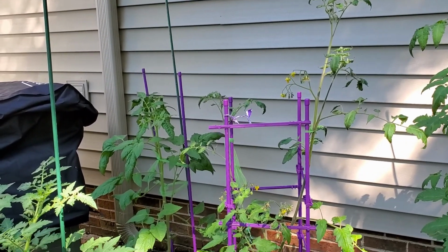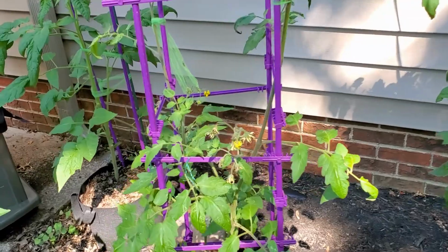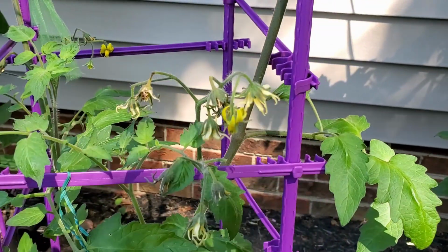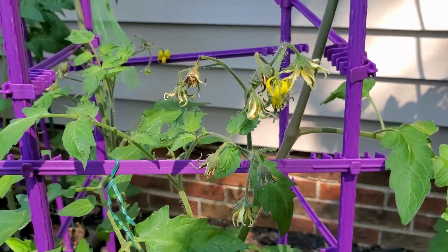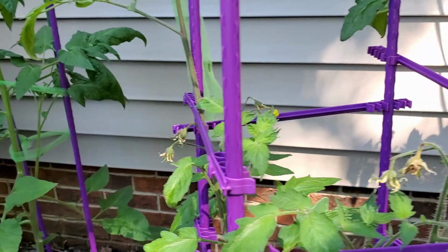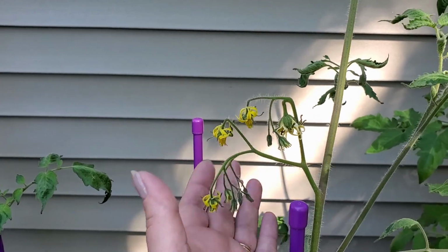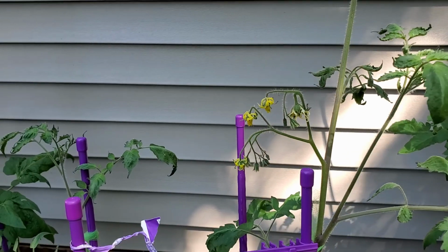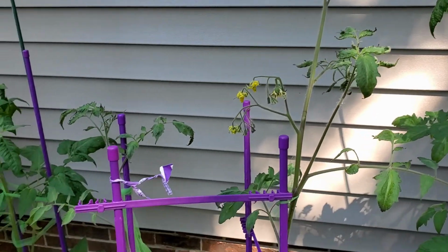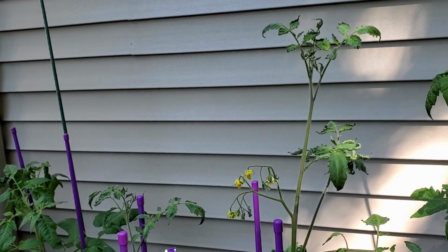It does have a lot of flowers on it, but the last freeze that we had, and let me get in closer to it, the last freeze we had aborted a lot of the blossoms. Now for these, I don't think that I'm getting any tomatoes off these. I mean, it doesn't really look like the blossoms set. I don't know about the ones in back. The ones up here, now you can see that I've got a really nice big blossom. Oops, but I'm not sure how well that's going to do. So, failed experiment. I'm going to let it grow and see what happens just out of curiosity, because next to this spindly looking plant I have